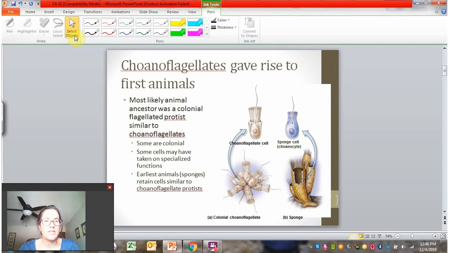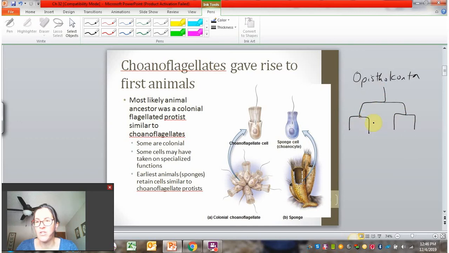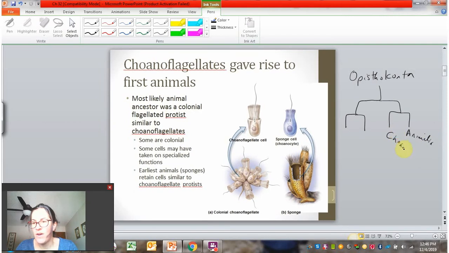So we think that the closest ancestors of animals are the choanoflagellate protists. So to remind you, we are in supergroup Opisthokonta, and within supergroup Opisthokonta, we have two lineages, the fungal lineage and the animal lineage. And so we have kingdom Animalia here, and we have the choanoflagellate protists as their closest relatives, and then we have kingdom Fungi and Nuclearia as their closest protist relatives. So again, these two major lineages, we're now exploring the animal lineage, kingdom Animalia and the choanoflagellates, which are their